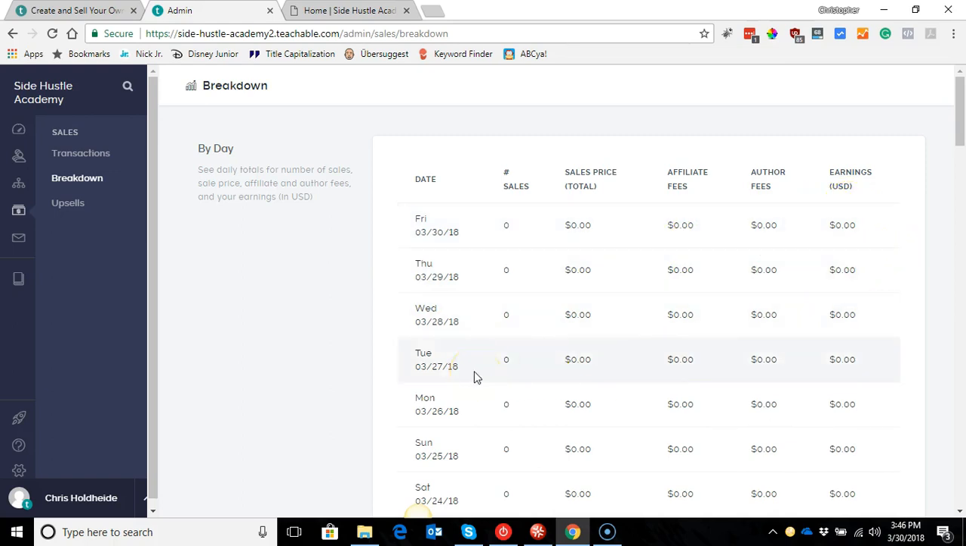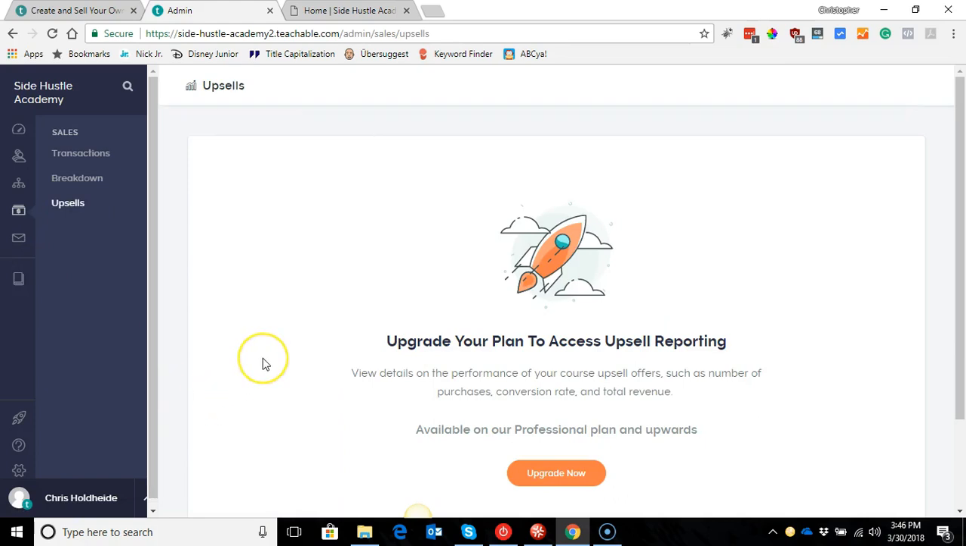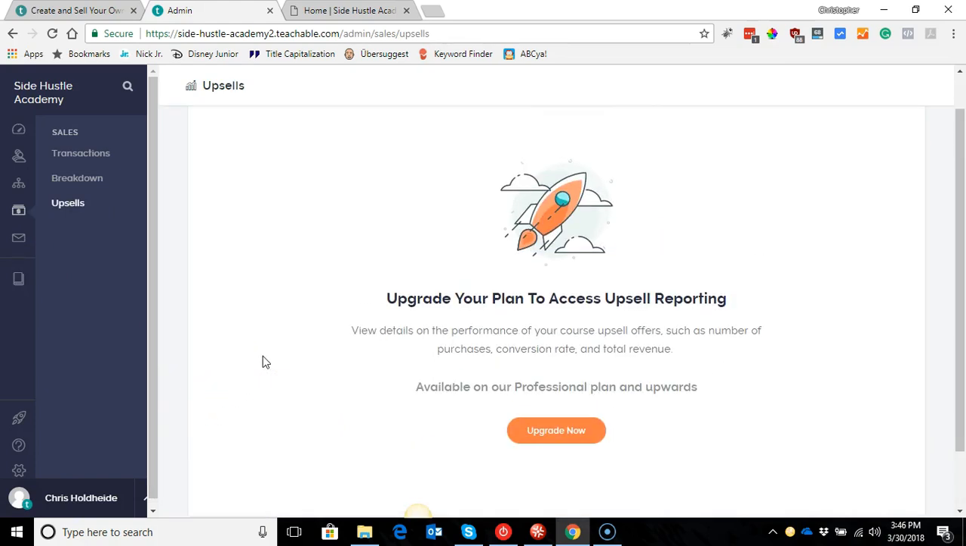If you have multiple authors, you can split that, maybe make it a 50-50 rev share or something like that. Let's see, upsells. This is another great feature that comes with Teachable: you can do what's called one-click upsells. So for example, let's say you have a course on a particular topic that's really in-depth, but maybe there's another course you have that's kind of an add-on course that you think people would really find value with. You could create an upsell within Teachable to basically say, hey, since you bought this course, maybe you might be interested in